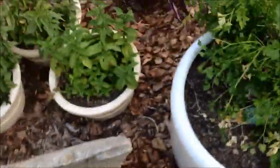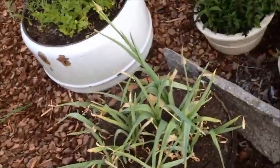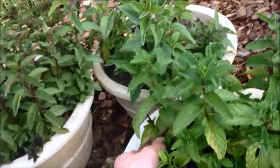Anyway, moving on. This is garlic, which I got from my grandma's house. She's got quite a lot out there. I haven't actually used any of that yet though, so I'm not quite sure of its quality, but I'm sure it would taste awesome. This mint I need to pick this afternoon so we can take it into work, but